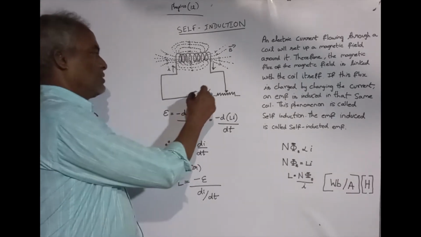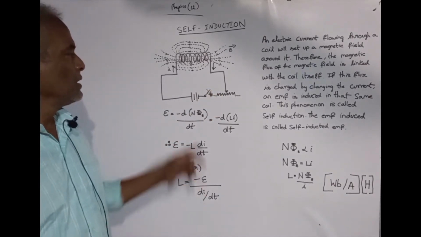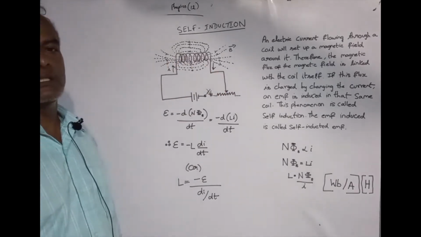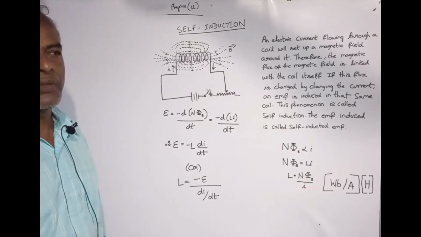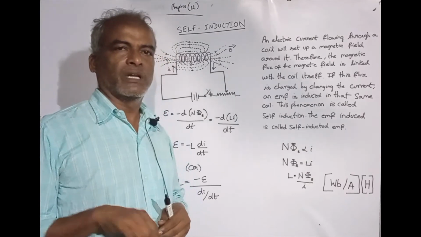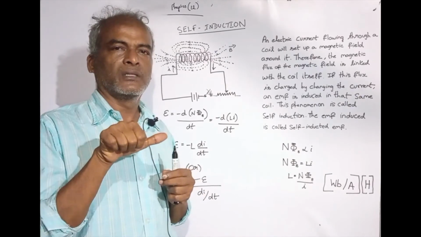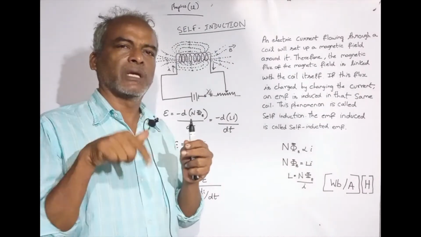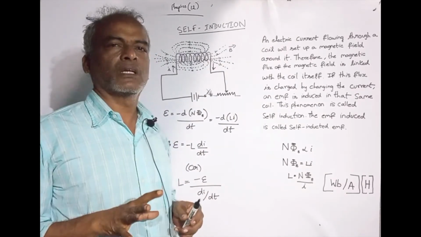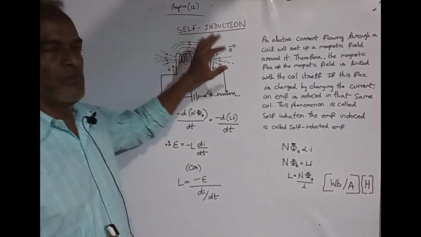Now when you close the circuit, this is the switch. So when you close the circuit, the current starts flowing through the coil. So when a current starts flowing through the coil, a magnetic field will come into the picture. You all know that whenever there is a current, there is a magnetic field. So you know this thumb rule, right? So current in this direction means the magnetic field will be in this direction. That means whenever there is a current, there is a magnetic field. Okay. So it sets up a magnetic field.